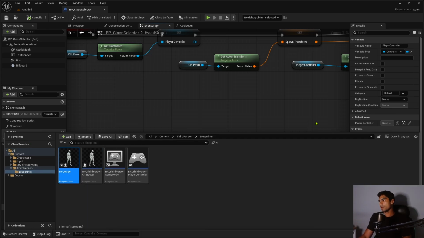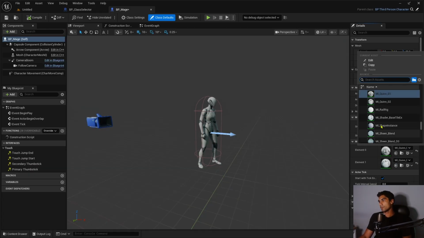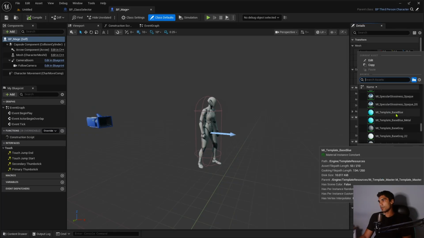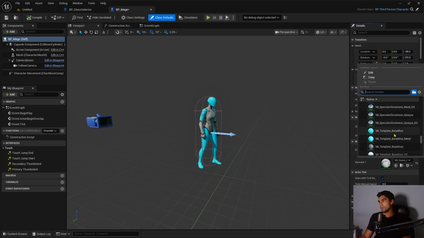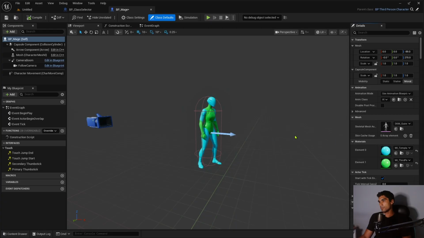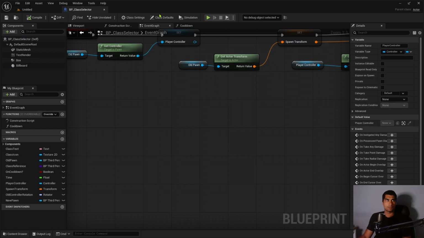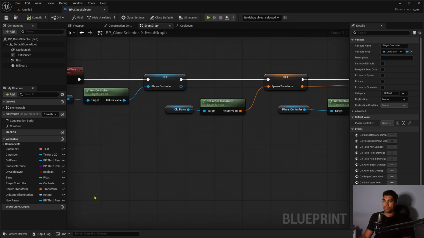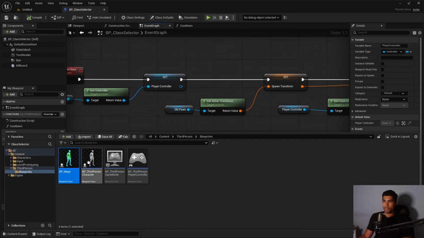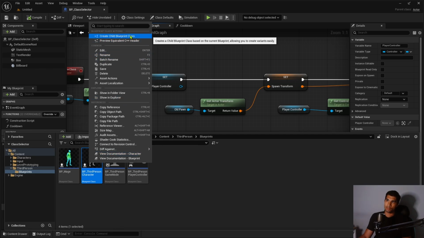So I'm going to create a mage. All I'm going to do is just change the colors. BP mage. And as you saw,